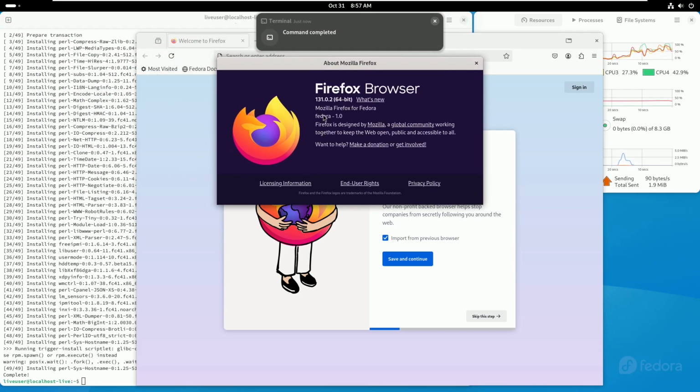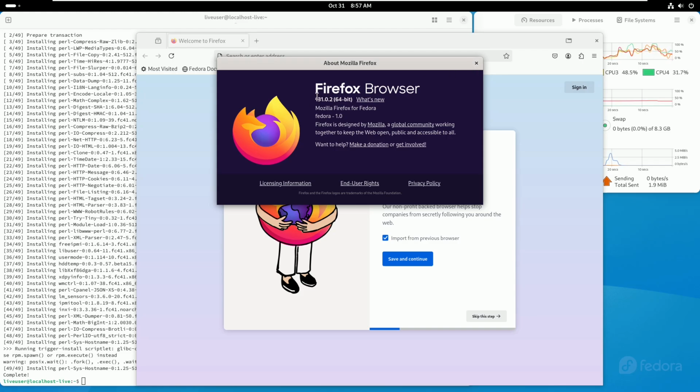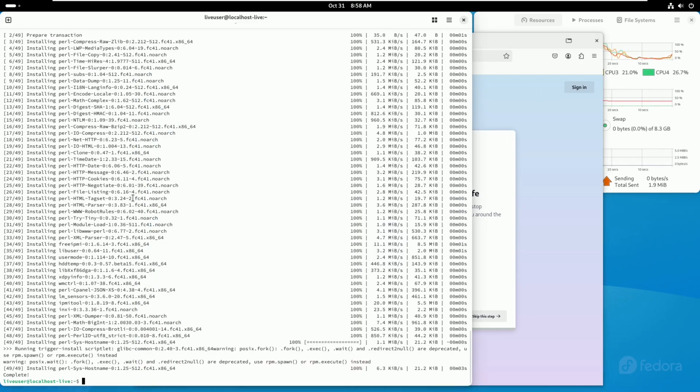The latest version is 132, but you get the 131 browser version. The stable release right now of Firefox is 132, but you still get the 131.0.2. After 131.0.2, there is another point release which is 131.0.3, and after that it's the stable version of 132. So let's get back to the terminal and let me type in